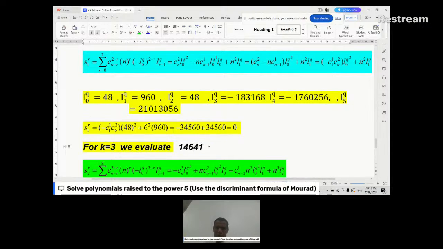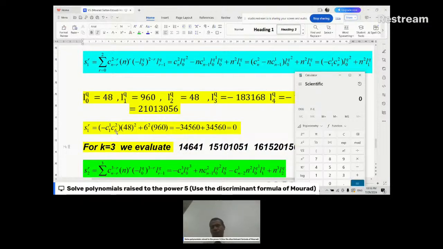After that, we have 1, 5, 10, 10, then 5, then 1. After that, we have 1, 6, then 15, then 20, then 15, then 6, then 1. So here we are going to work with C2. Okay, this is C1, it will be 15, yes. So I'll just write here, learners,